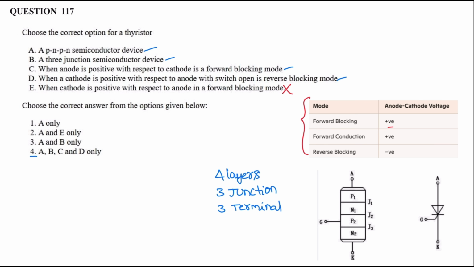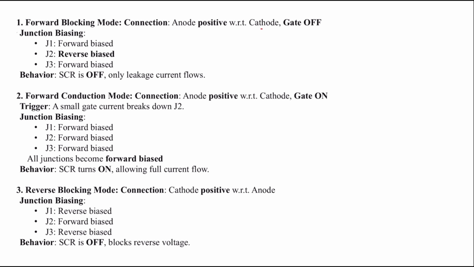So the correct answer is option 4. A, B, C, D statements are correct. See some more points related to thyristor. Forward blocking mode: anode is positive with respect to cathode and gate is off. So J1 is forward biased, junction J2 is reverse biased, J3 is reverse biased, and the behavior of the silicon control rectifier